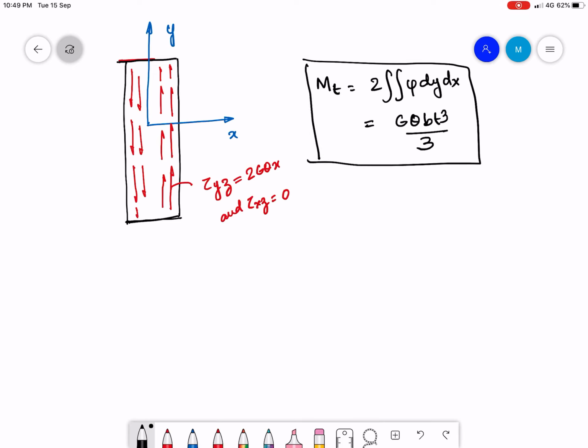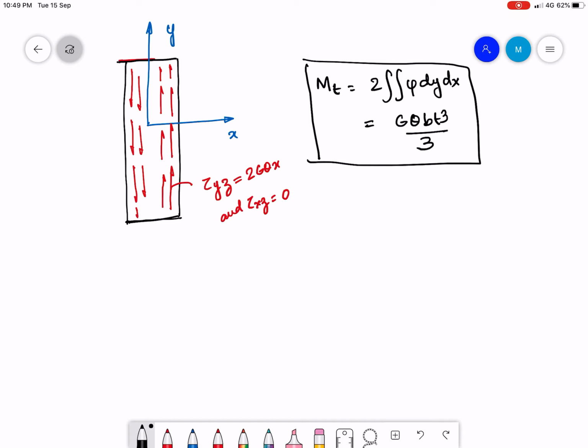Okay. So, with the approximated stress function, we have seen that the only stress that is going to act in the cross section is tau y z, and tau x z is going to be 0. The red colored arrow shows the distribution of tau y z, which is given as 2 G theta x. Now, using this approximated stress function, we get the torque is equal to G theta b t